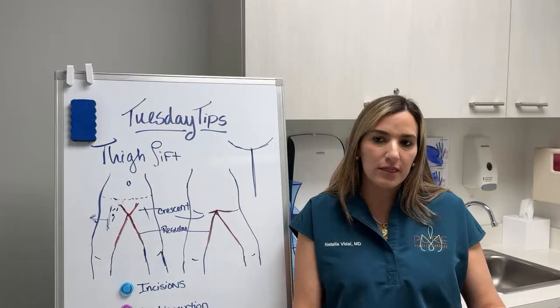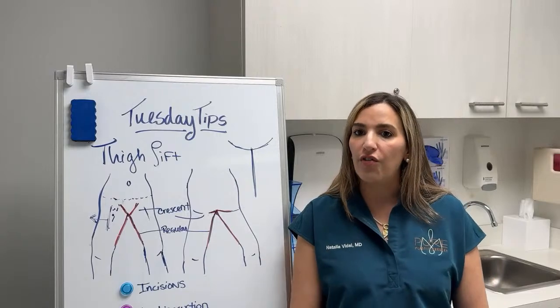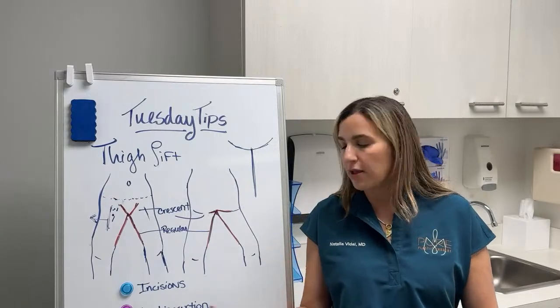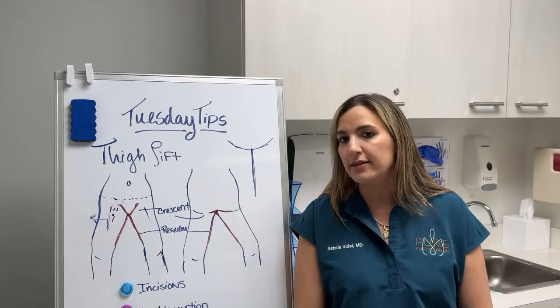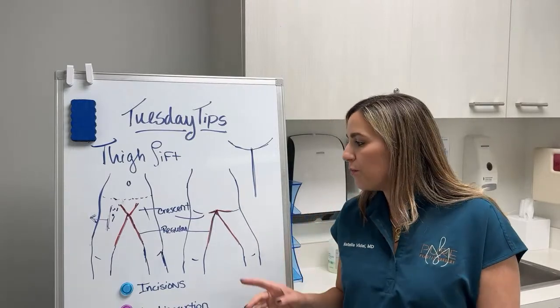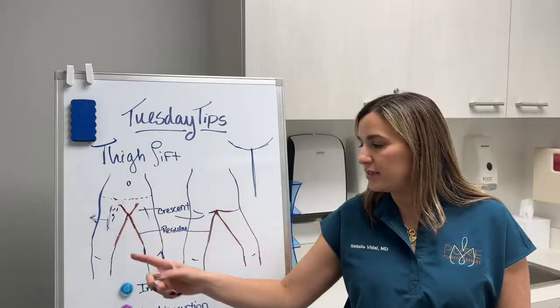When do I tell you? Basically in pre-op, when I examine you, we go over what you need. If you need the liposuction, I will do it at the time of the thigh lift and basically tighten everything up. What are the most important things about this incision, and why